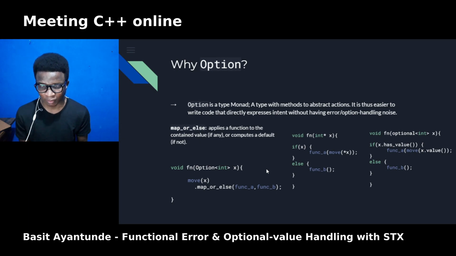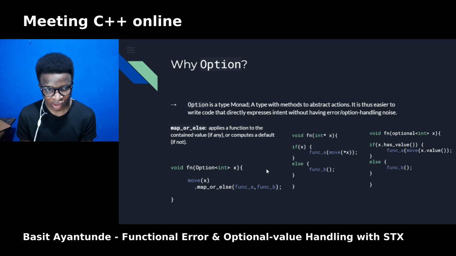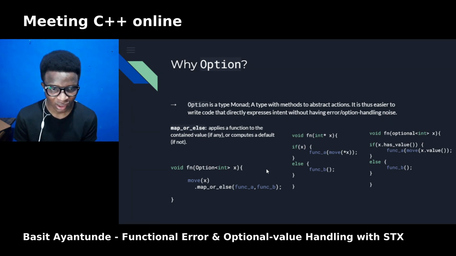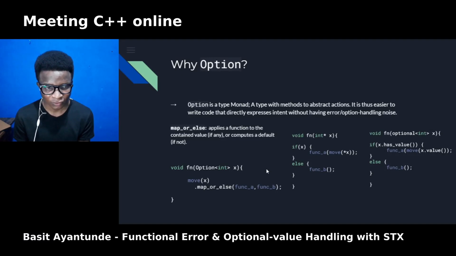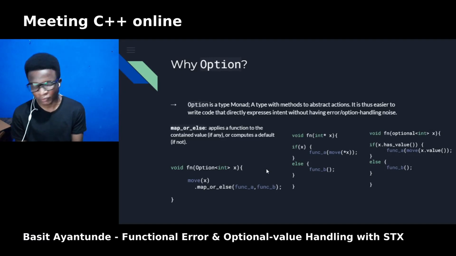It makes error handling code easier to write, and directly expresses intent without the error handling or option handling noise. Let's look at one of the monadic methods, which is the map_or_else method. It applies a function to the contained value if any, or computes a default if not, which is the second function argument.